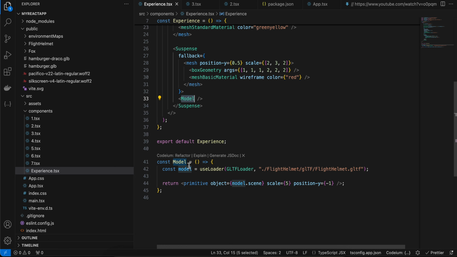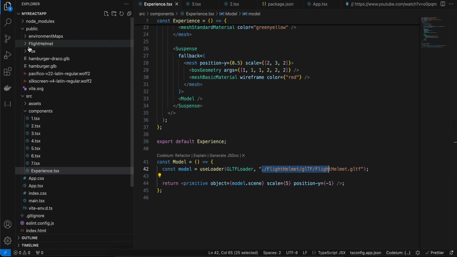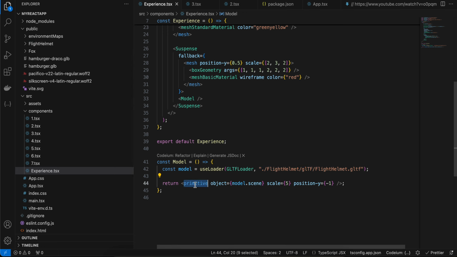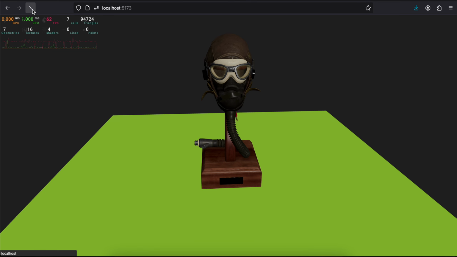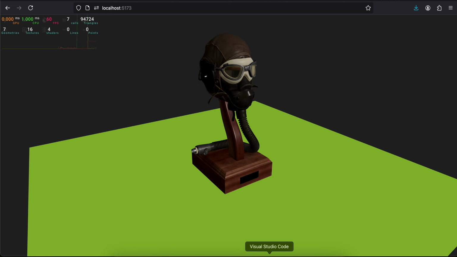So if you see inside our model, I am using this GLTF loader. I'm passing this flight helmet which is located inside my public folder, and again the same thing, primitive object scene, scale as well as position-y. So hopefully you are getting the point. Next,